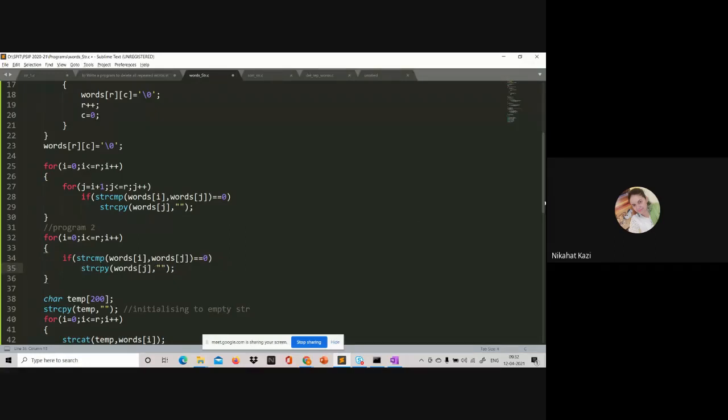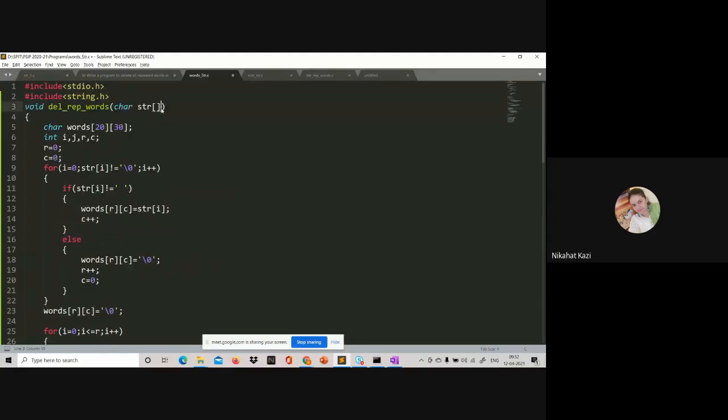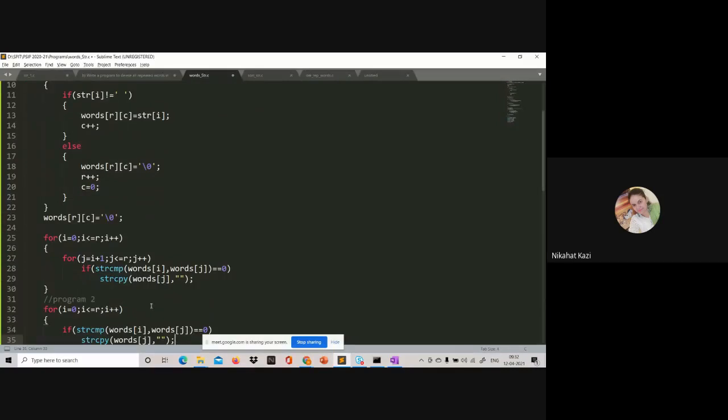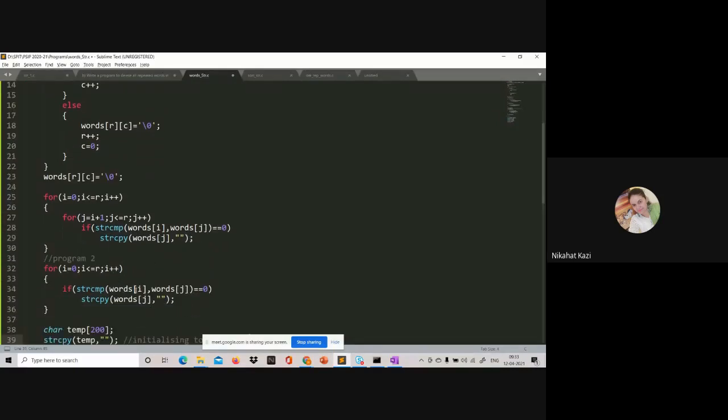What is the logic? There will be the word to search for. Let me call it the keyword, the key, and the replacement word also. Both you have to pass, right? So the search key and the replacement word. The search is simply the search logic you use here. Linear search. String compare words of I with, what will you compare it with? With the key. If it is equal to 0, then